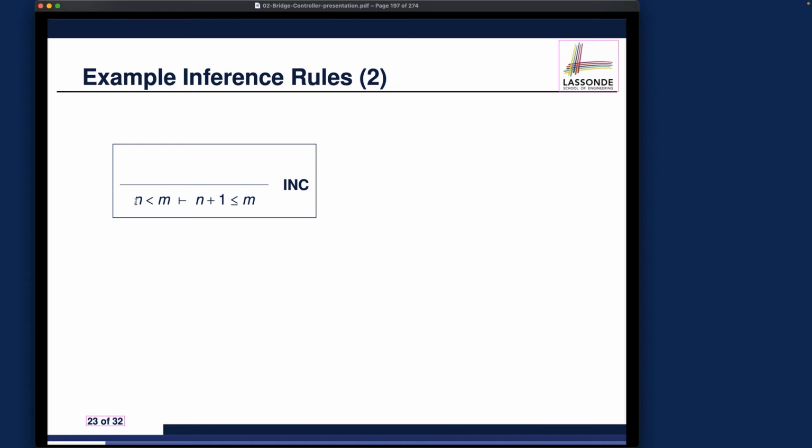Let's take some example here. For example, if I know 4 is less than 5, then 4 plus 1, which is 5, is still less than or equal to 5. That's kind of the edge case over here. So this increment rule is also very useful. You can definitely read through the written description as well. But what I want you to do is to really make sure you know what's going on over here. Again, the consequent over here is a sequence. So we are saying that if your outstanding sequence has this particular form, that means that sequence can be proved automatically without any justification. And what we are proving is that n plus 1 is less than or equal to m, assuming that n is strictly less than m.